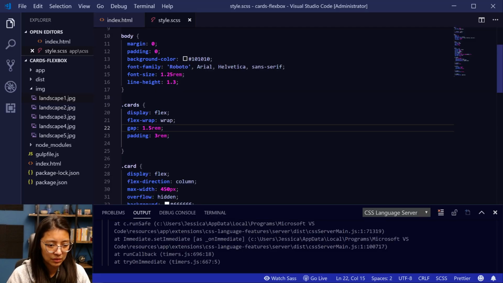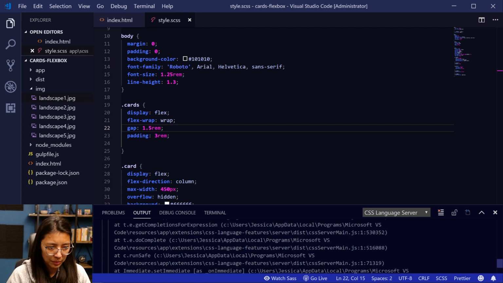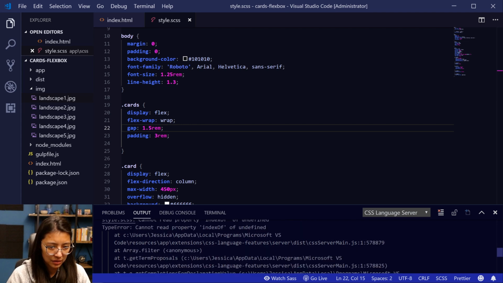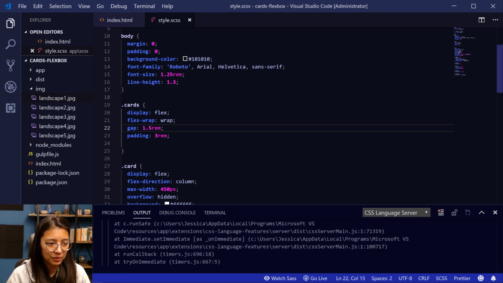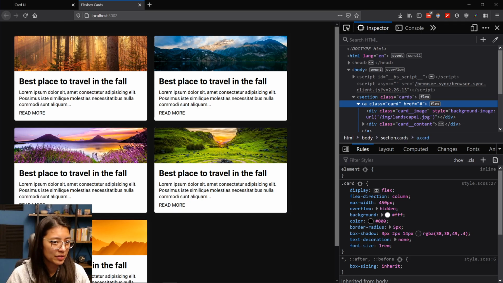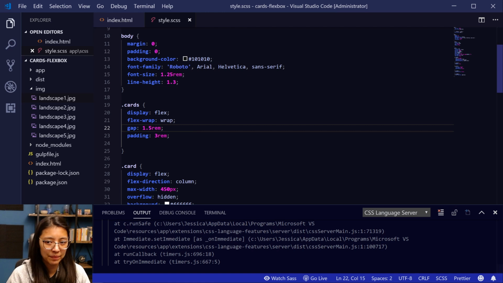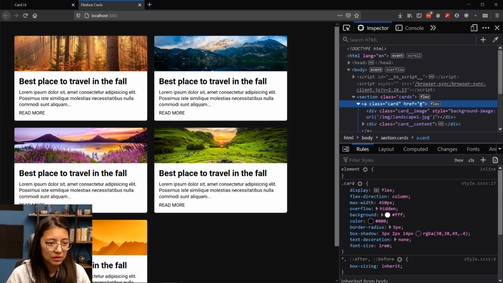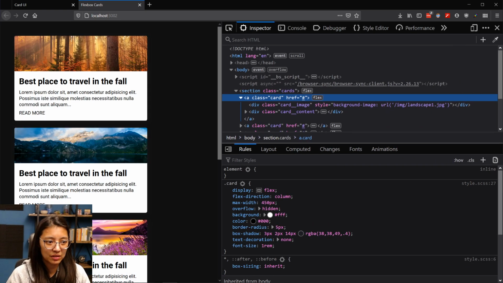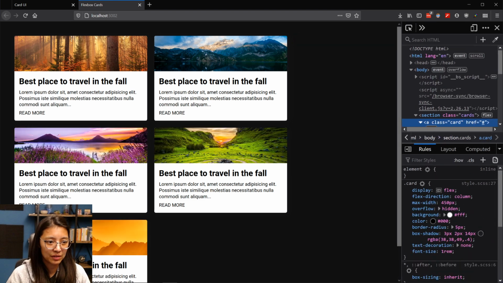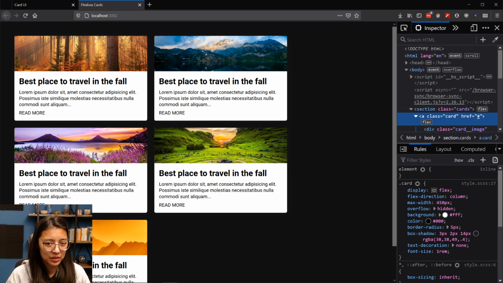There we go. Looks like we have an error here, but I think it's okay. I think there's just some weirdness when I'm using this gap property because it's still kind of new, but it seems to be working in the website itself, so I think we're okay. Okay, so now it is wrapping, and this is just kind of an intelligent wrapping thing. It's not really responsive,